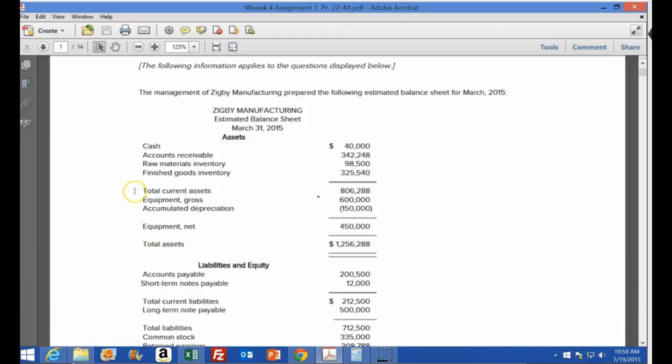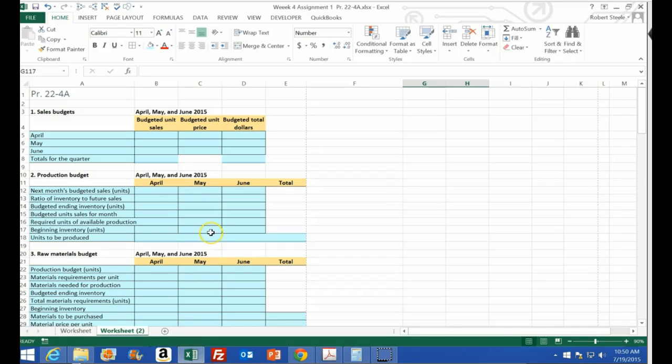In this lecture, we will be taking a look at a problem that will be very similar to the homework and/or assignment. The numbers will change. The format will remain much the same. The assignment will look like this, and we will be putting it into an Excel sheet that will look like